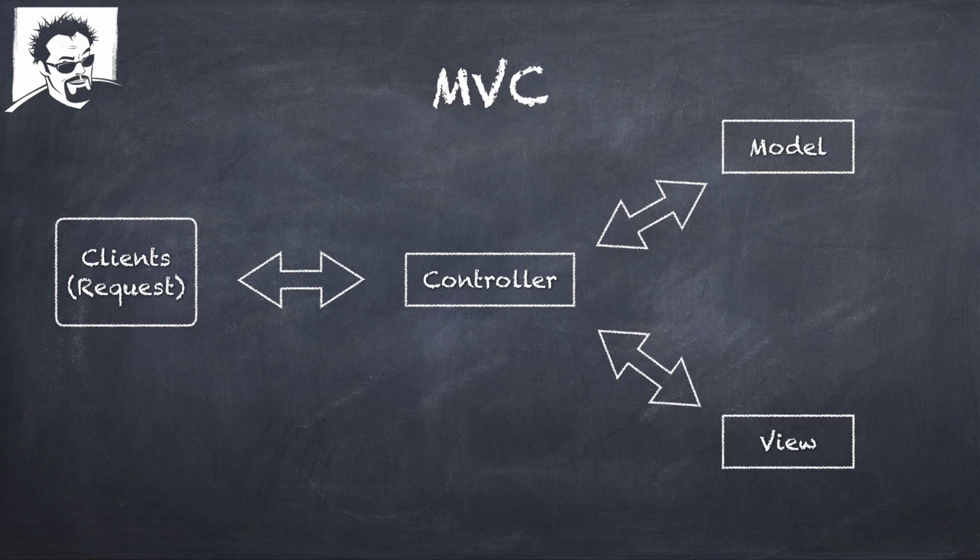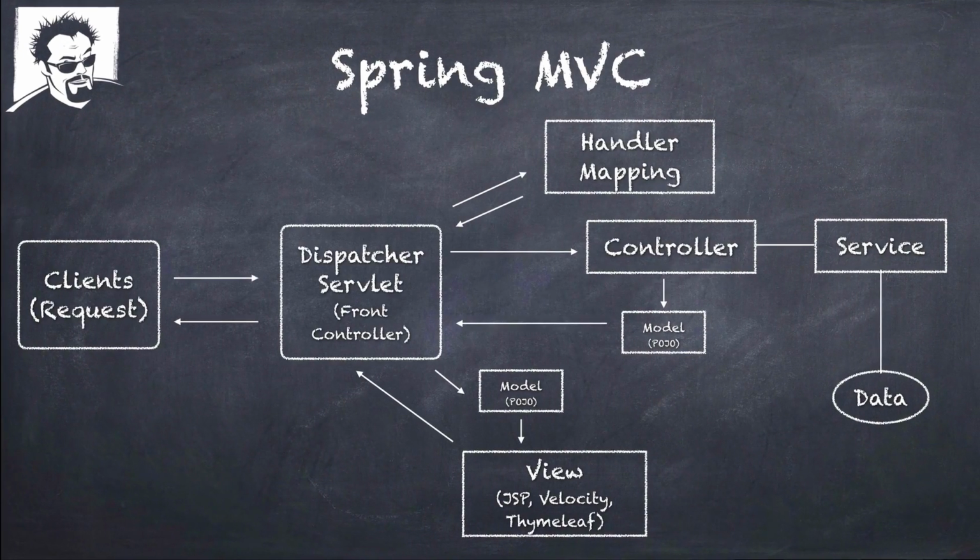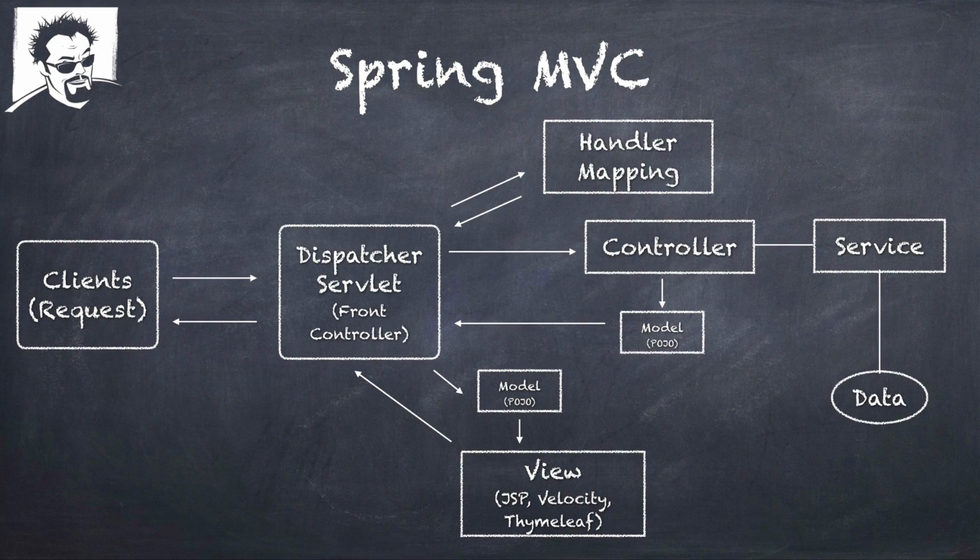Now, let's take a look at this in a Spring context. So this is how Spring MVC models it, and a little detail of what happens under the covers. So we get a client request coming in, and that could typically be HTTP, and it could be for a web page, or it could be a REST service call. I'm not going to get into the details of that at this point, but it goes to a dispatcher servlet. So this is the classic Java servlet architecture. That web request comes in, and it decides how to handle it. And it refers to the handler mapping, because you're going to go to a specific path and you're making a request from the